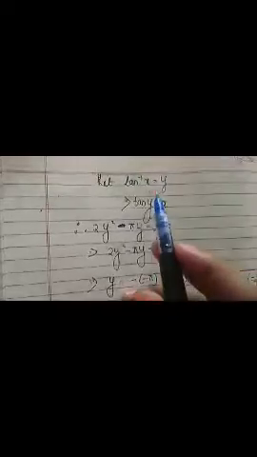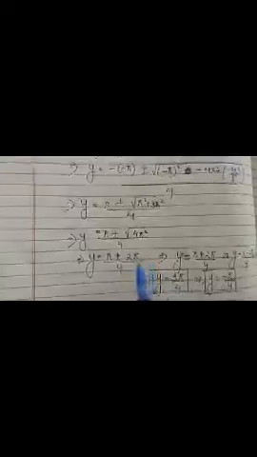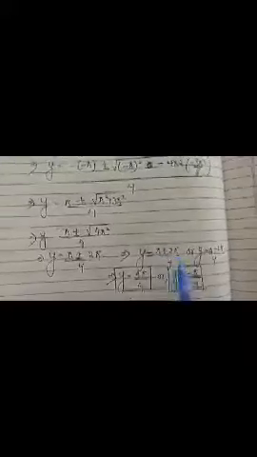So y is what we have taken as tan inverse x. We are applying the quadratic formula, and after solving we get y is equal to pi plus minus 2 pi by 4, that is y is equal to pi plus 2 pi by 4 or y is equal to pi minus 2 pi by 4. So we are getting two values: y is equal to 3 pi by 4 or y is equal to minus pi by 4.